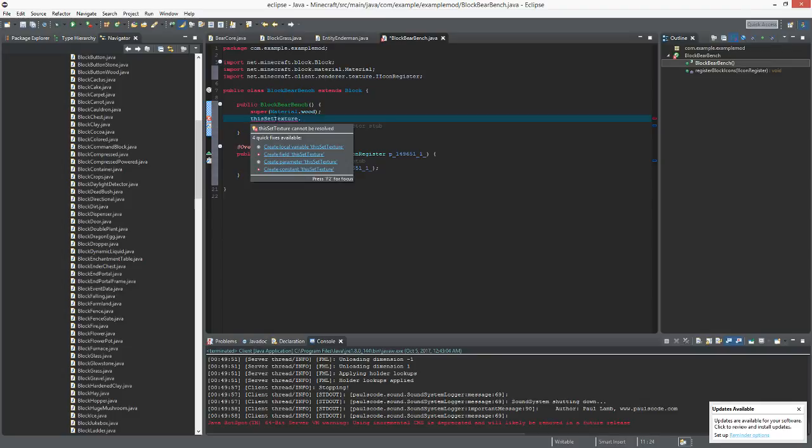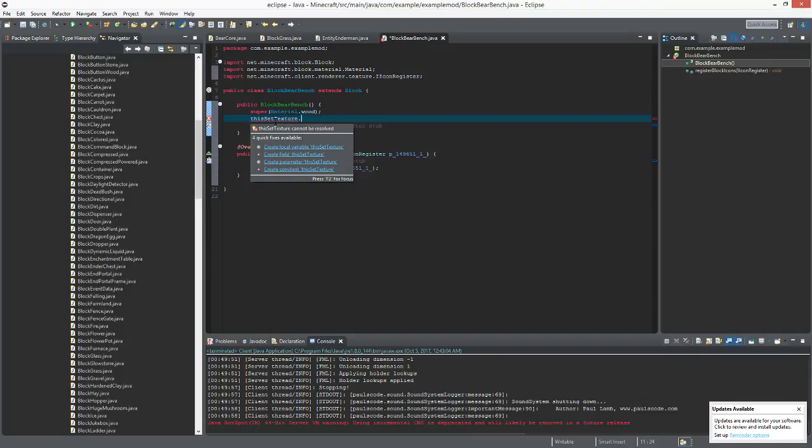The register block icons is if you want to have more than one texture, or if you want to have state-based textures, because the vanilla block doesn't support that really. You have to implement that yourself. But because I thought it was too complex, I tried to make that first. But since we want to do something simple,